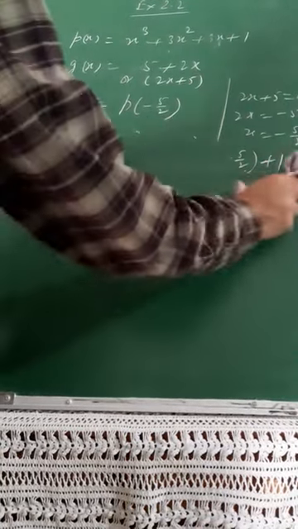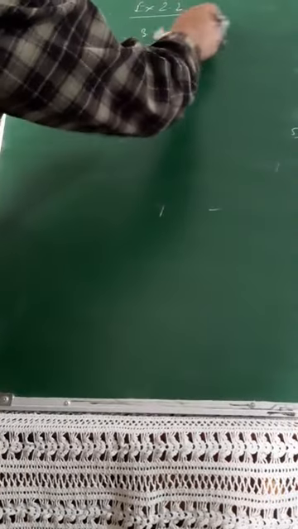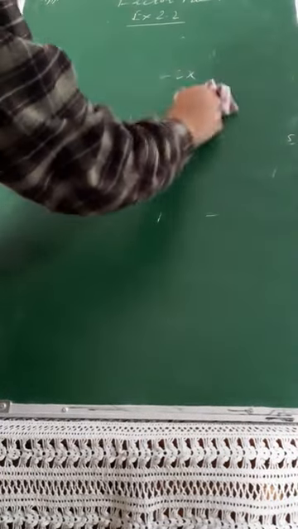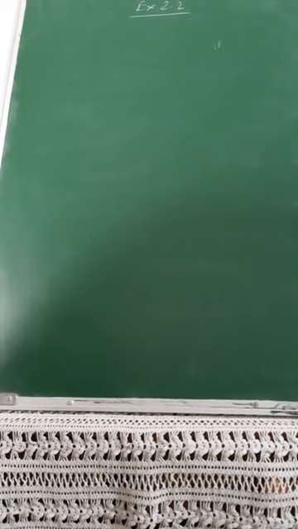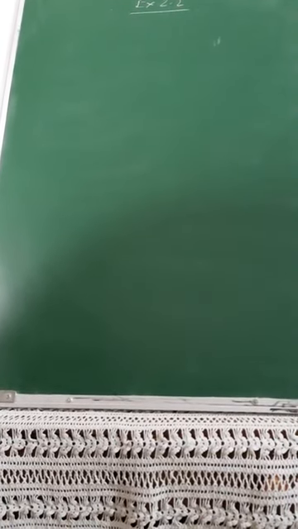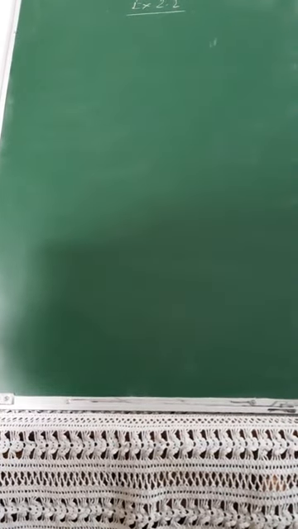So that's all about your question number 1 of exercise 2.2. How to find the remainder by using the remainder theorem, which I shared with you. And the statement, please keep on revising: any polynomial of degree 1 or greater than 1 when divided by x minus a or x plus a, either the remainder will be p of a or p of minus a. Simply that part we are using here.